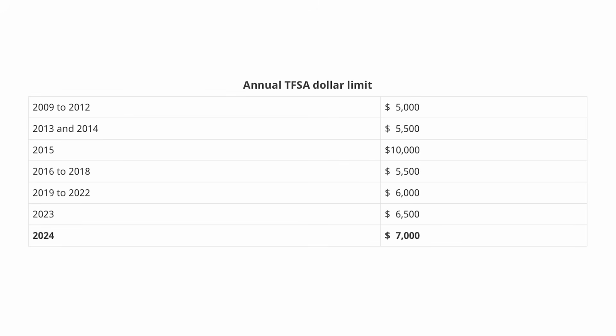So here's a graphic that's showing exactly how much contribution room you can have depending on what year you turned 18. So if you were at least 18 in 2009, meaning you were born in 1991 or earlier, you would have the maximum allowable contribution room of $95,000. People often get tripped up on the new contribution room in that year, thinking that's how much they can contribute at one time. No, that is just the new room that you can contribute in addition to all of the previous years that you've accrued so far.